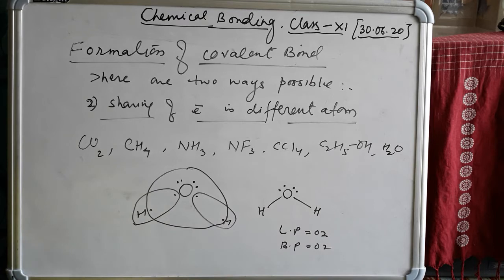So students, in this way we can draw the covalent bond in different molecules, and also we calculate the lone pairs and bond pairs. You have to understand this very well, because this concept helps to find the geometry of the molecule when we discuss another topic like valence shell electron pair repulsion theory, in which we easily predict the geometry of molecules in covalent bonds on the basis of lone pairs and bond pairs.